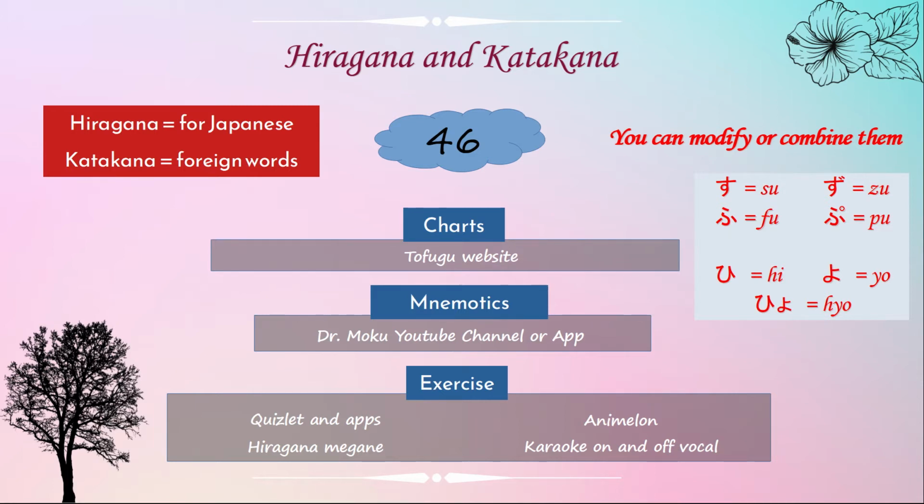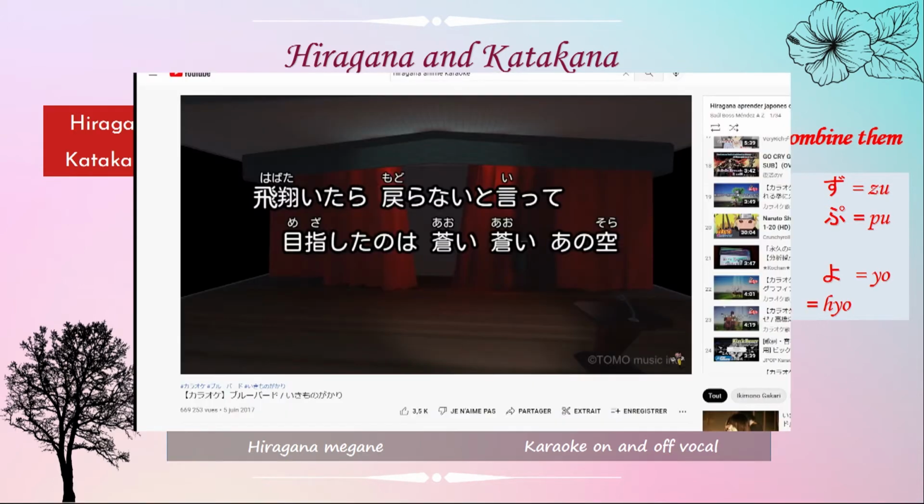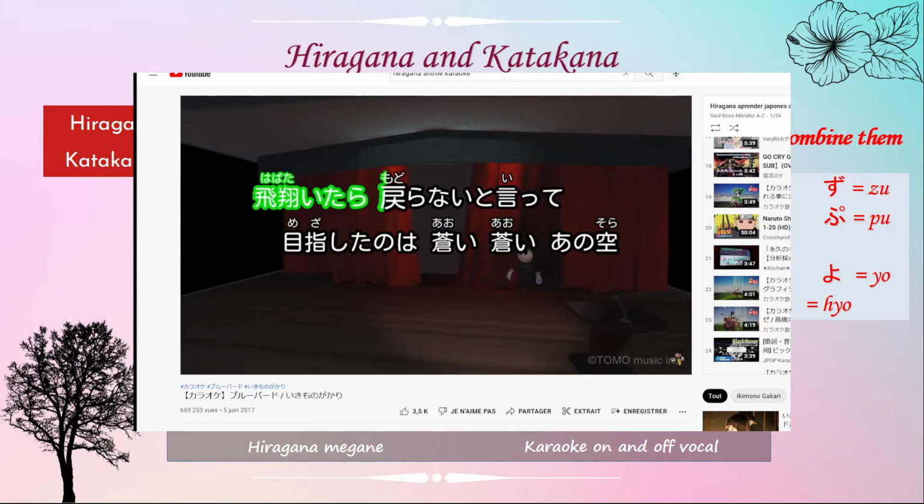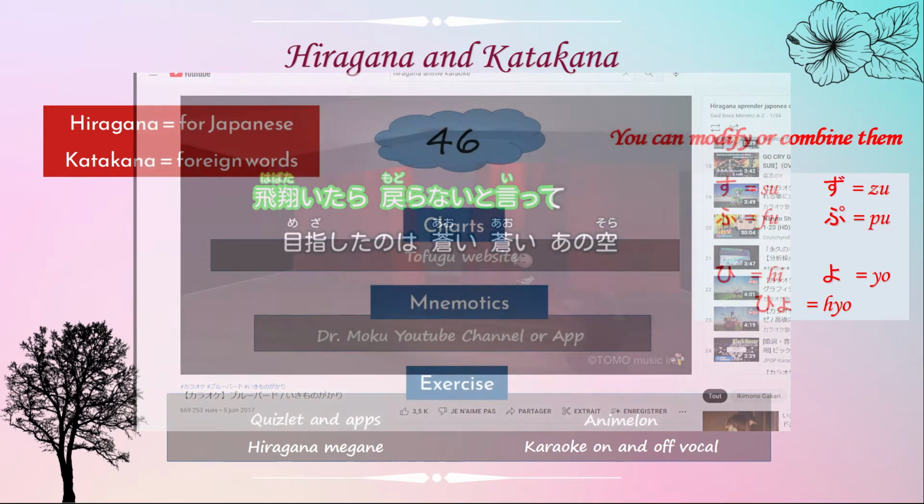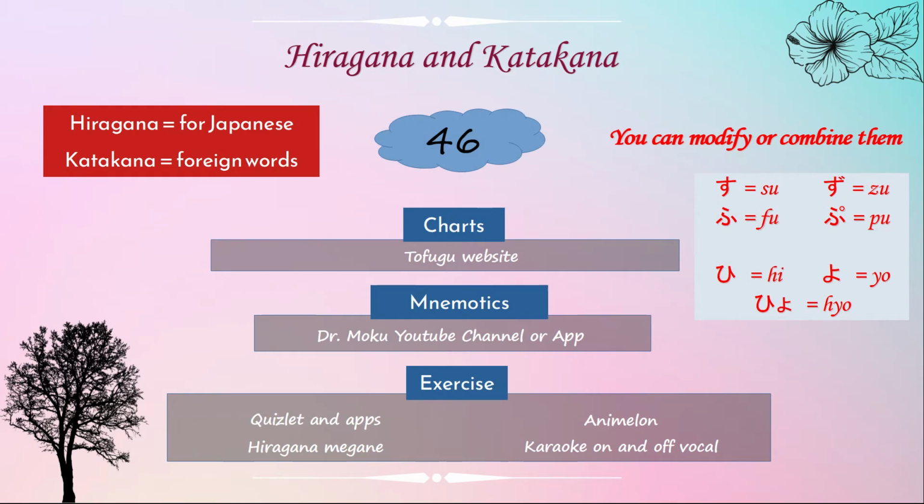And then finally, karaoke. So try to find some on-vocal or off-vocal Japanese karaoke. And as you can see, you just have to read the kana and sing. So this is pretty good to get faster too, because of course you have to be fast to read them and to sing at the same time. So it's pretty good. Of course, at first you can slow down the speed,